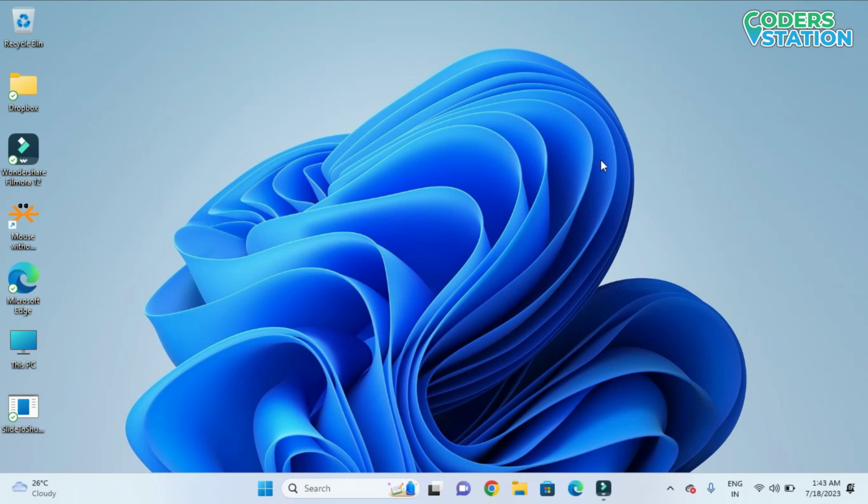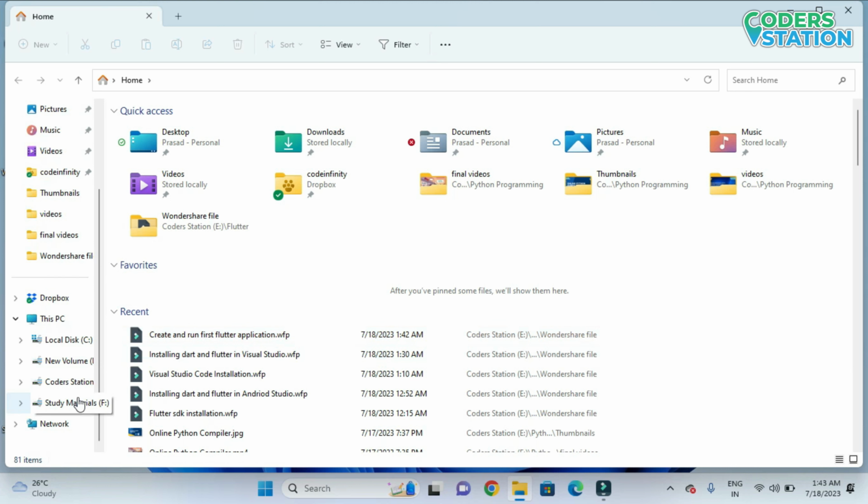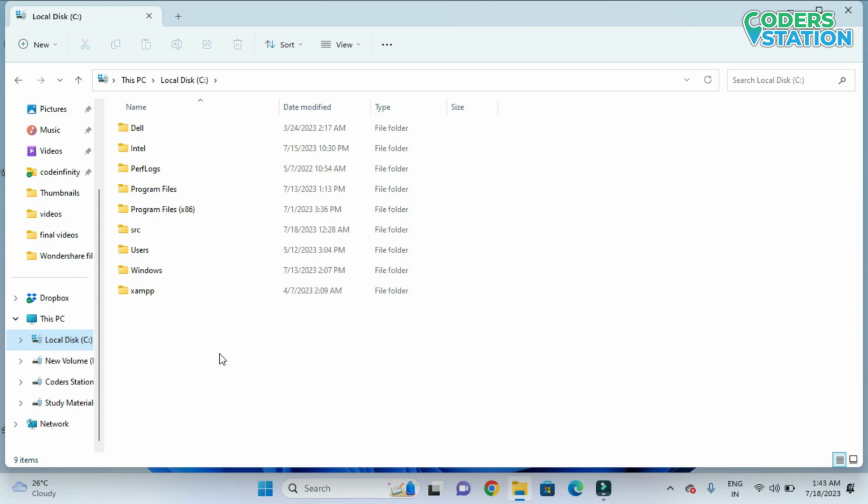In this video, we will be seeing how to create a Flutter application and how we can run the Flutter application. So in order to create the Flutter application, the first thing that we need to do is go to the desired folder where we want to create a Flutter application. So we'll say that in C drive, we are creating a folder named Flutter